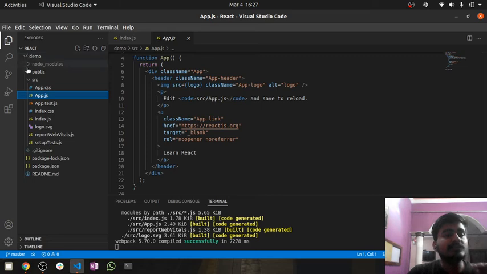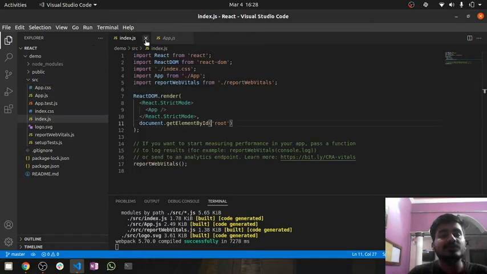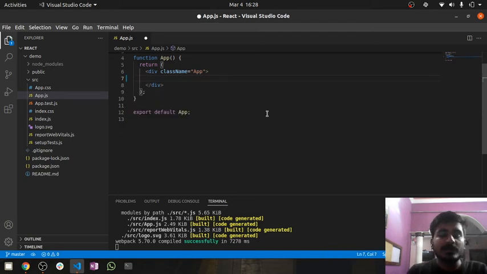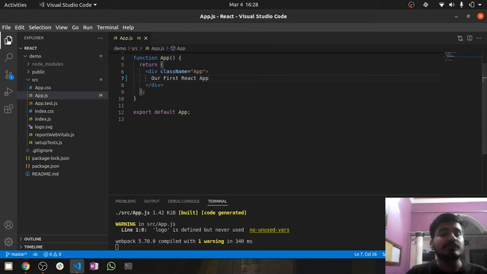So if I tell you in simple words, the only thing we are going to change in our complete folder will be inside this src folder. Okay, हम खाली ये src folder change करने वाले हैं और हमें बाकी किसी folder से कोई मतलब नहीं है. If I tell you in simple words, what if I just remove all this from app.js and simply write here, our first React app. Okay, and if I save it